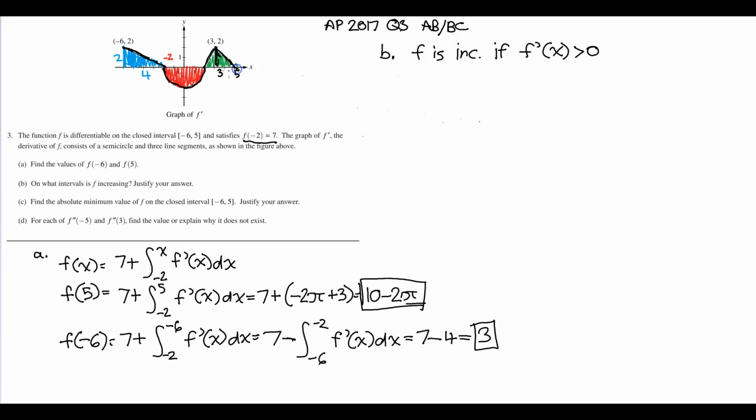So where is f prime greater than 0? Those are the intervals where f prime is above our x-axis. And now you could see it's a bit easier. Okay, it's easier to see. So f prime is positive on the intervals -6 less than x, less than 2,